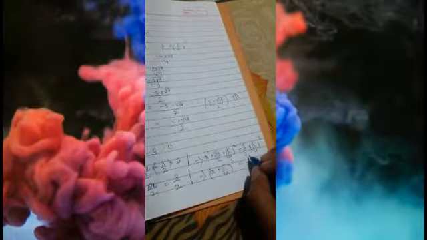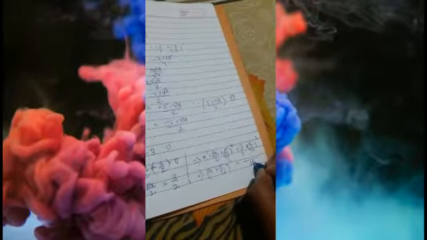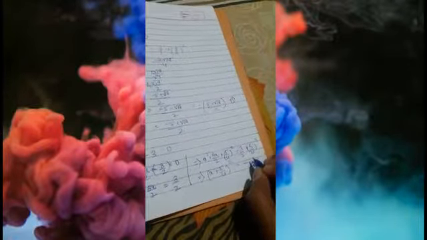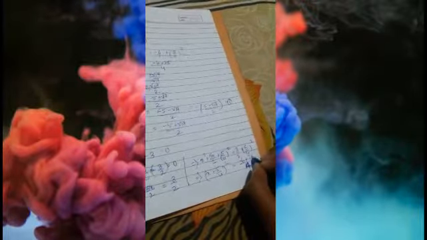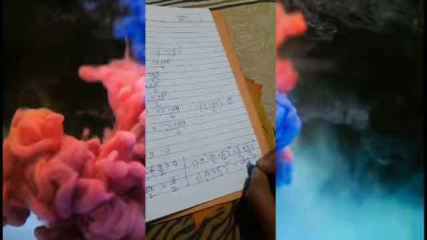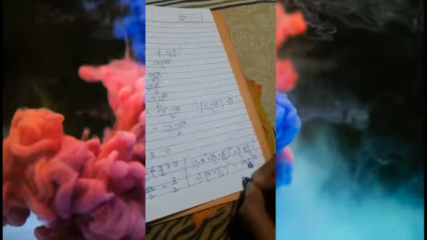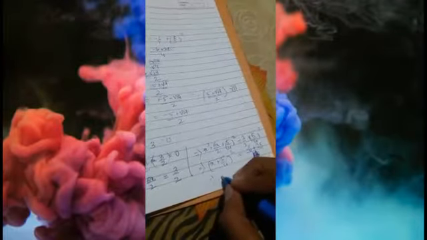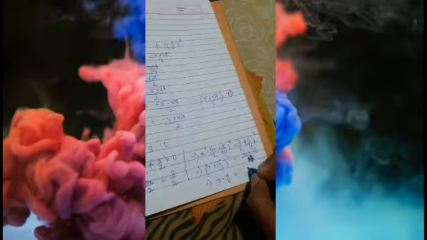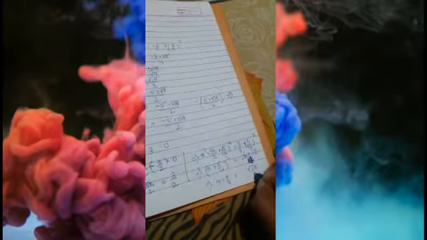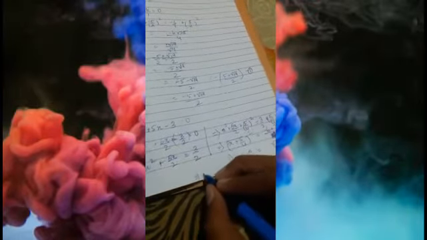The LCM of the denominators is 16. Let's make it 4 only. This LCM is 4, we will not take it as 16. So this becomes minus 6 plus 25. No, 16 was okay. So then what we'll do is we'll make this x plus 5 by 4 equals root over of 19 by 4. So what this implies is that x equals